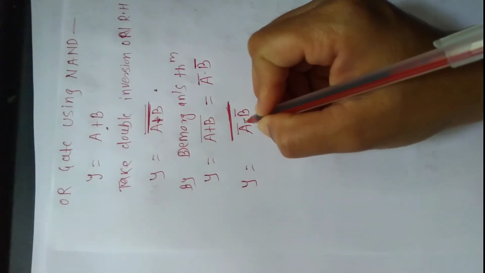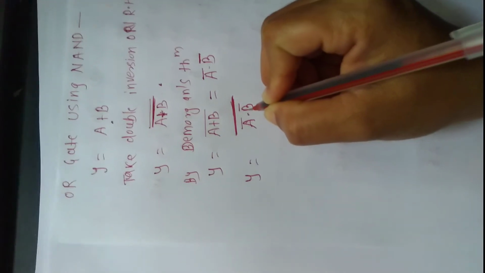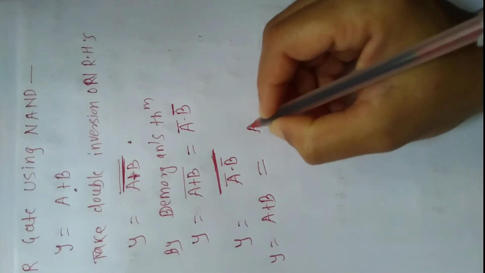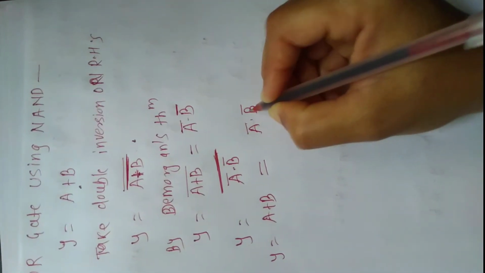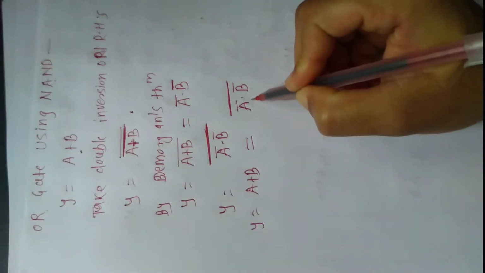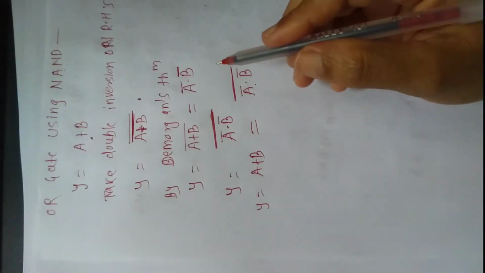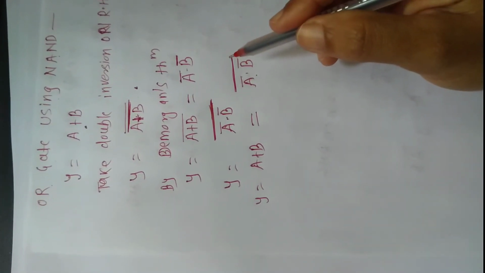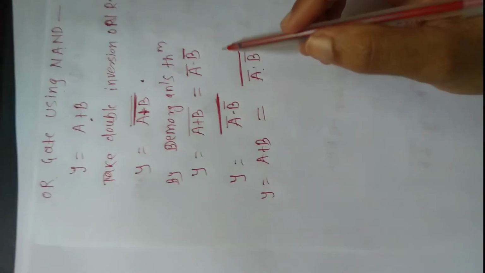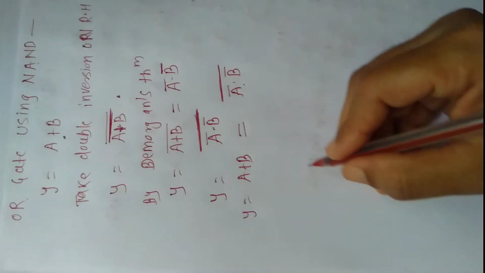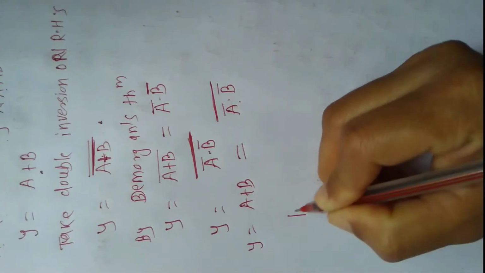That is the expression of NAND gate, a bar into b bar. So y is equal to a plus b is represented in the form of NAND gate as a bar, b bar, complete bar. That is the universality of OR gate using NAND. The only change is in a NOT gate. By the expression of NAND gate we convert the NOT gate, and the other two gates, the expression of OR gate and NAND gate, are converted into the form of NAND gate. So the diagram is only in the form of NAND gate.